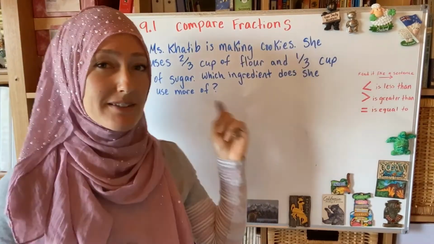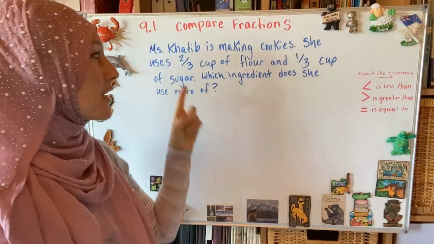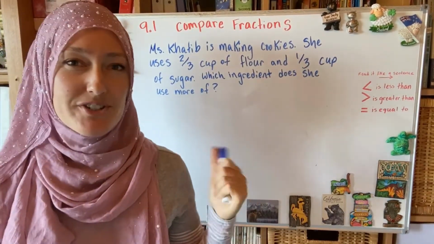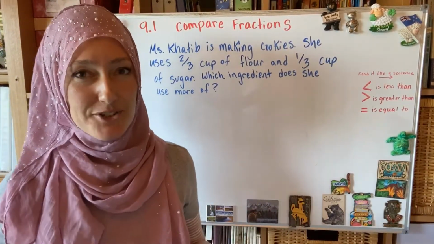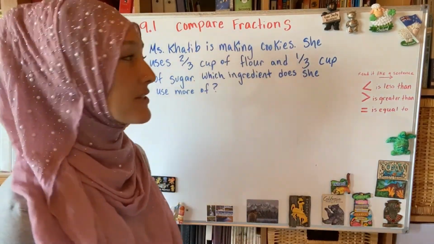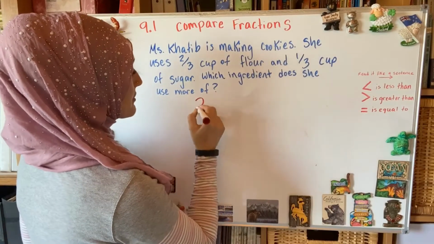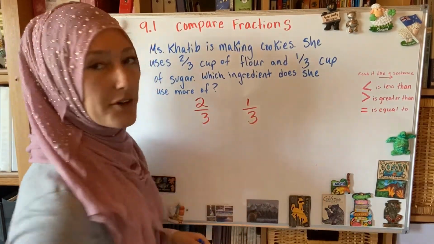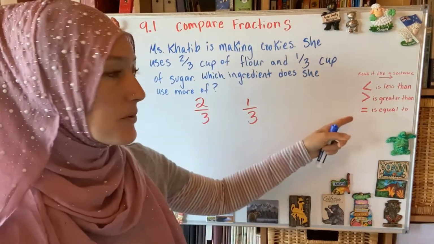Okay, so I'm going to be making some cookies. I'm going to use 2/3 a cup of flour and 1/3 a cup of sugar. And the question is asking, which ingredient do I use more of? So start by just writing down the fractions on your paper so you can see them. So I have a 2/3 amount and I have a 1/3 amount, and I want to compare them using my